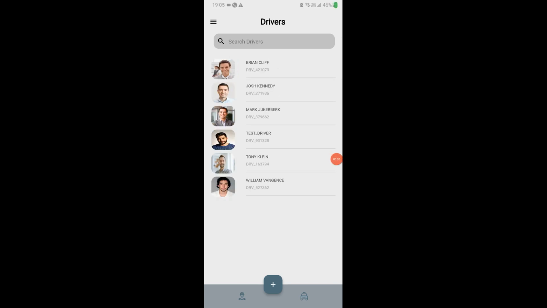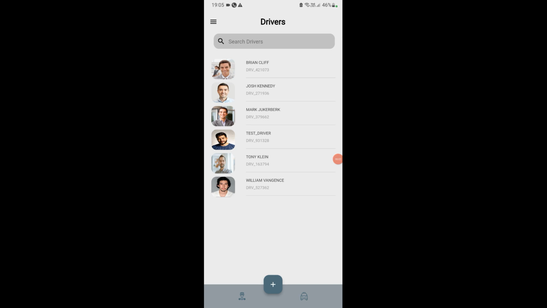This is how our app works. In this we have used the Firebase as a backend and some services in the Firebase, like authentication for sign in and sign up of a user. We also used the Firestore database, which is used to store the driver's information as well as the cab's information. And at last we have used the storage service so that we can store the actual image, or we can say the actual profile picture, of the driver and the cab. So this is how we can manage the information about drivers and cabs.